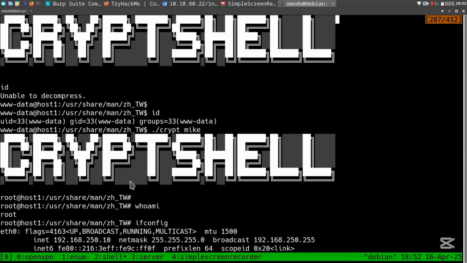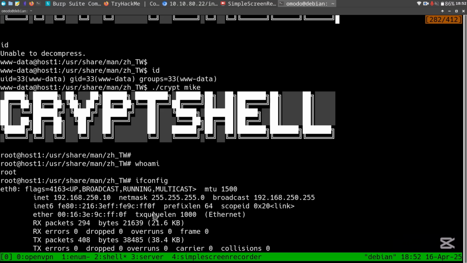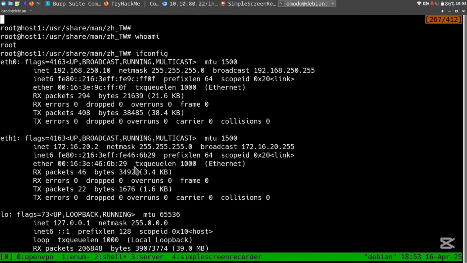So after getting this root, but this root wasn't like the actual root, because I went to /root and there was nothing for me. So I came here and then I did ifconfig, because with some of these rooms, you do pivoting. Now pivoting is a concept whereby